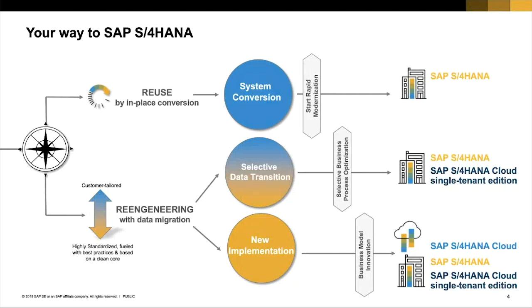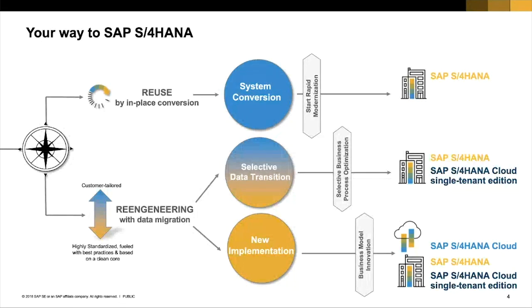Before we go into the new implementation, I would also like to introduce you to the selective data transition, which we call the harmonization scenario, where you either decide on clubbing multiple systems together into a single S4HANA system, or you try to perform a selective migration or selective transition from your existing legacy systems to an S4HANA system. This is also done with various project-based techniques out there in the market. What we'll focus on today is the new implementation scenario, because this is the only scenario which is possible from an